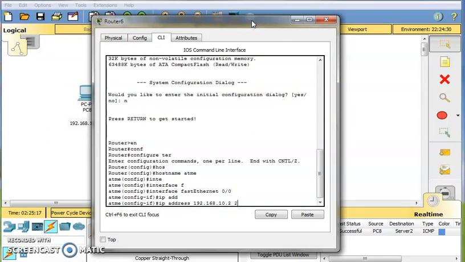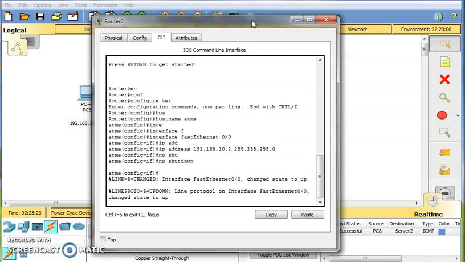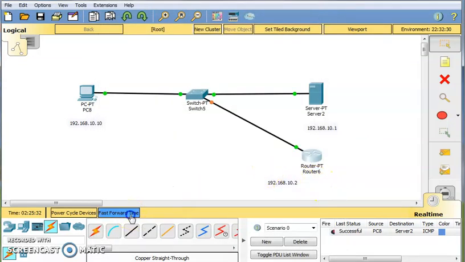Subnet is 255.255.255.0. No shutdown. Now interface is up. Now it is configured.